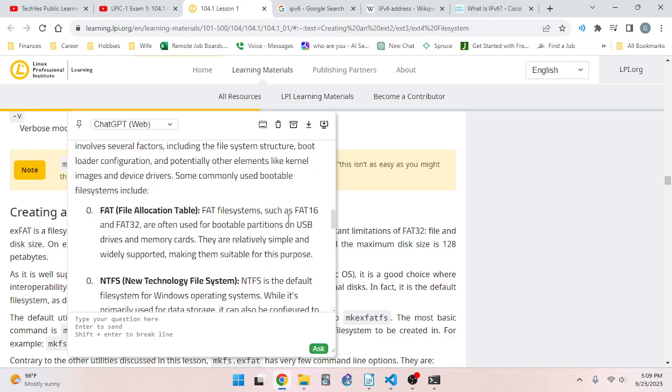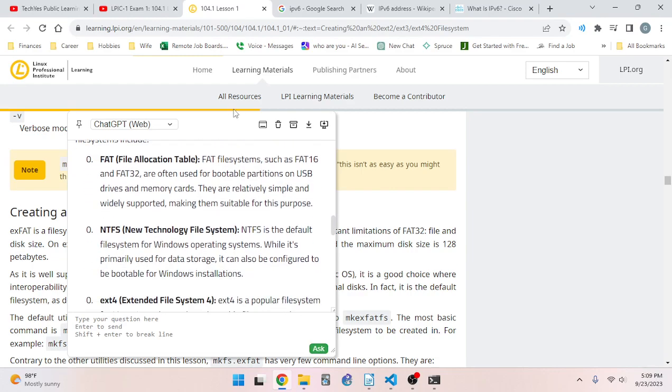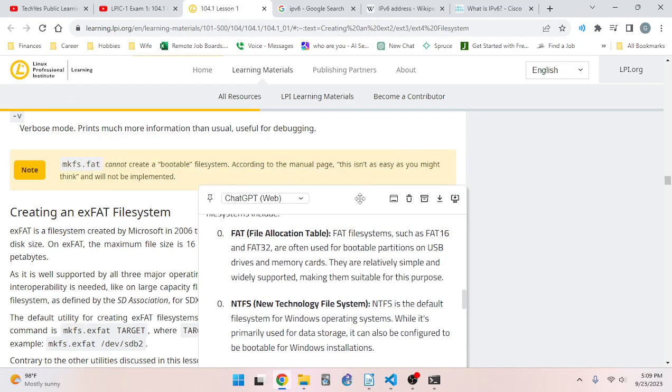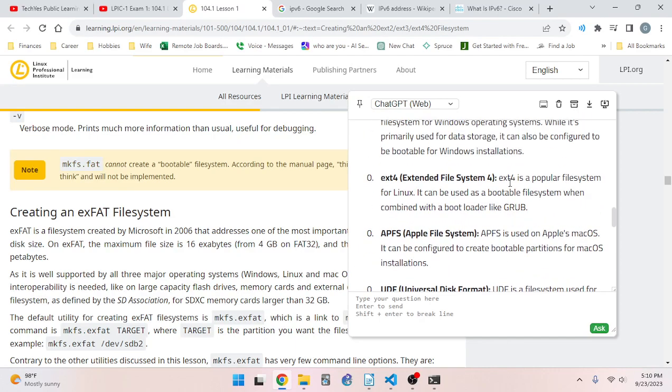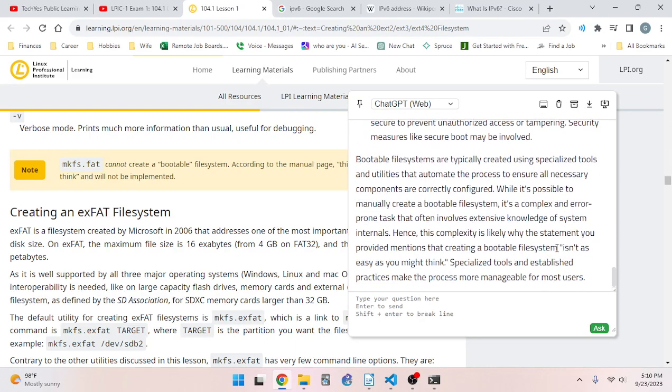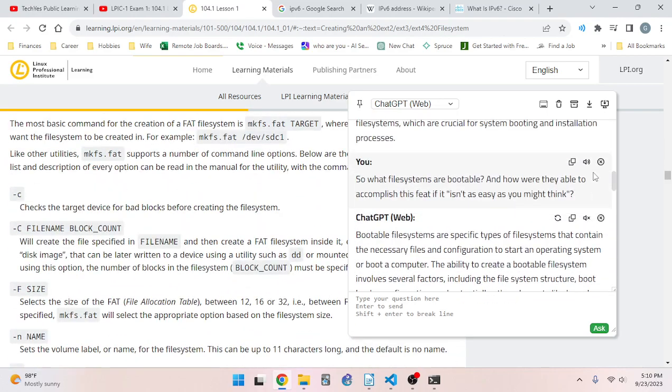FAT, File Allocation Table. FAT file systems, such as FAT16 and FAT32, are often used for bootable partitions on USB drives and memory cards. They are relatively simple and widely supported, making them suitable for this purpose. 2. NTFS, New Technology File System. NTFS is the default file system for Windows